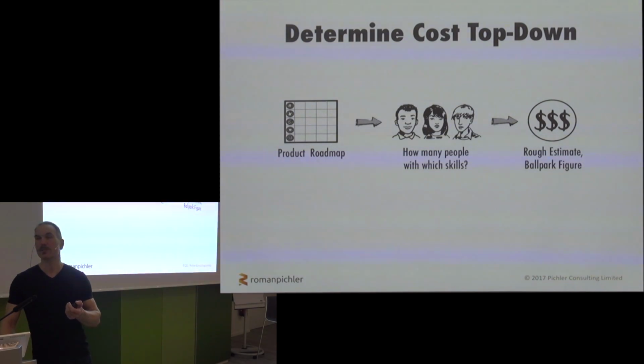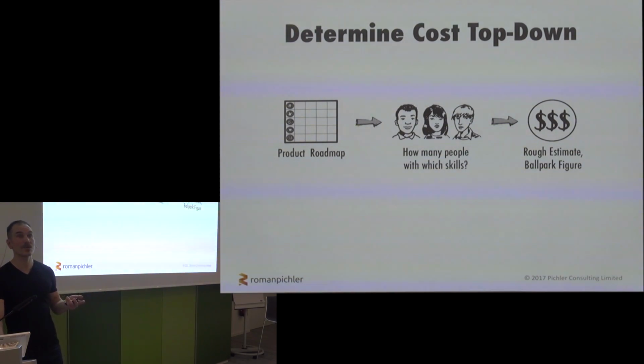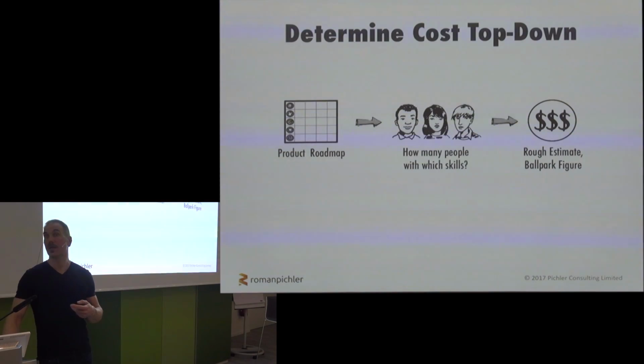And a wise man once said, it's better to be roughly right than to be precisely wrong. And that's the idea here, that you don't spend too much time, not too much analysis, you don't go down the traditional route of writing detailed requirements up front, because if you can, hey, that's great, but then you don't require an agile model like Scrum. You can then just spec out your requirements and push them out as quickly as you can. So come up with a rough estimate, a ballpark figure,